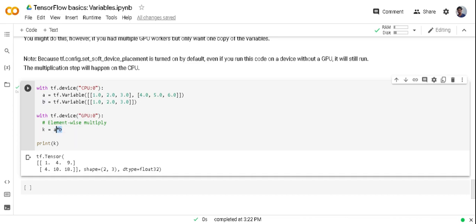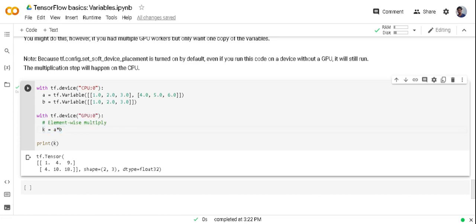So now this calculation is done on the CPU. And 0 is for the number of the device. Maybe you have multiple CPUs, multiple GPUs, and when you do not have a GPU, then the operation will automatically pass to the CPU.